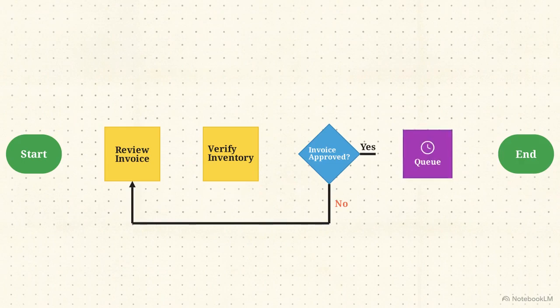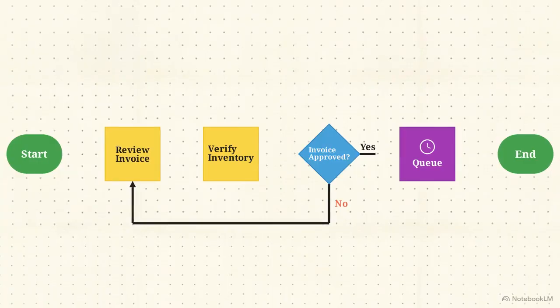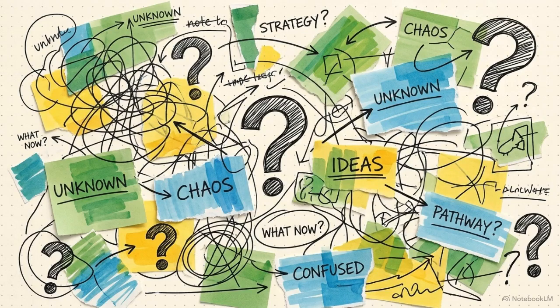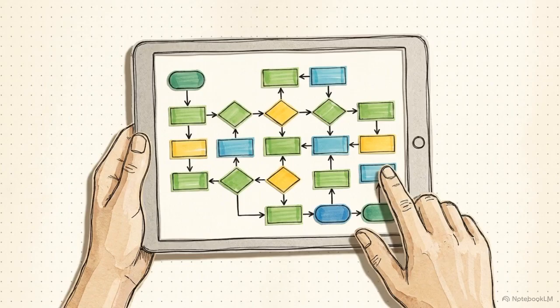The purple note is used for waits and delays. These shapes highlight the moments where no work is being done, and a project is simply sitting in a queue. Finally, arrows trace the handoffs. They show the literal path of the work as it moves between different people, systems, and departments. These shapes provide a universal code, turning anecdotal complaints into a hard, visual record of how time and resources are